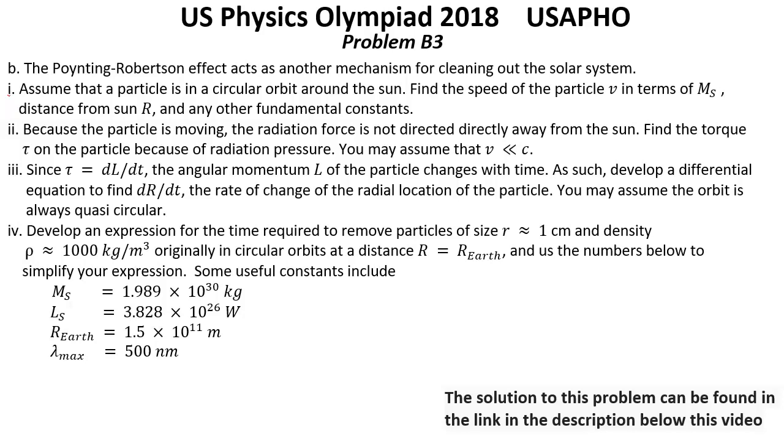IV. Develop an expression for the time required to remove a particle of size r about 1 cm and density 1000 kg per cubic meter, originally in circular orbit at a distance r equal to r Earth, and use numbers below to simplify your expression. Some useful constants include